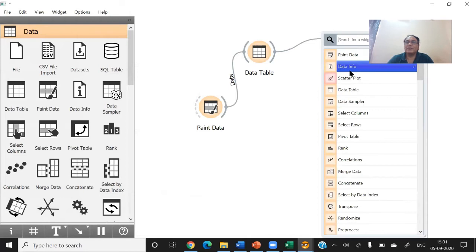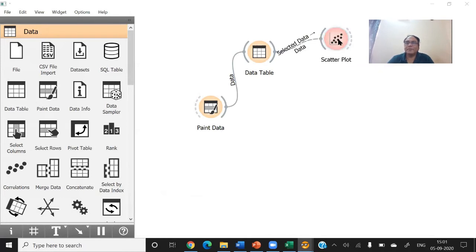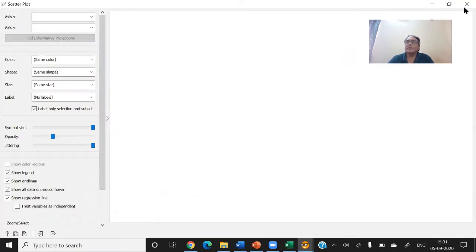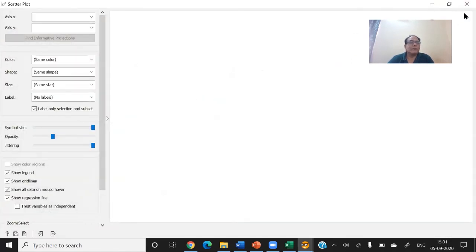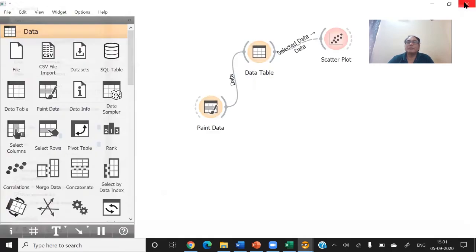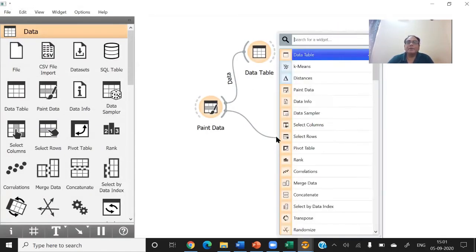So let's see the scatter plot. Let's take the scatter plot from here.